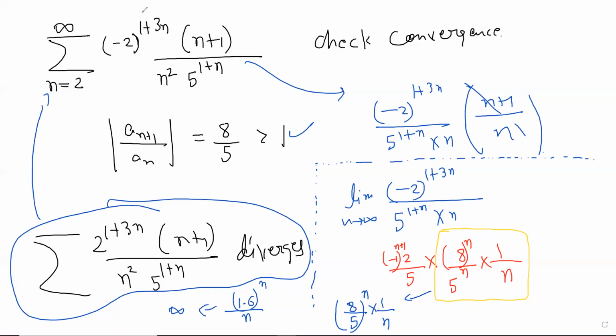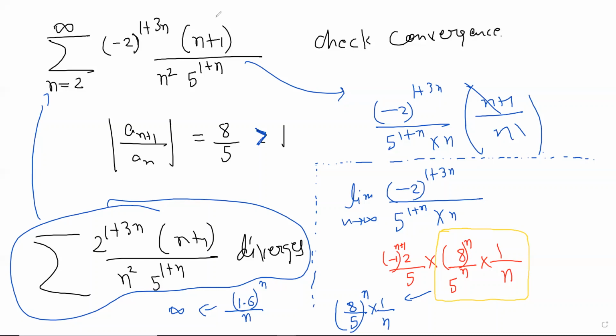It's true because even in our proof, we use the fact that all the terms are positive. So the ratio test greater than 1 diverges for positive terms. If the terms are negative, then you can only say that it absolutely diverges, meaning the sequence formed by taking the mod of the terms diverges, but then you can't say anything about the original series.